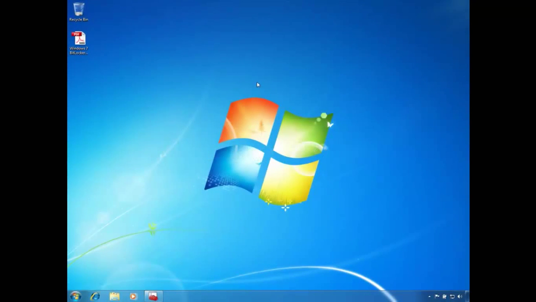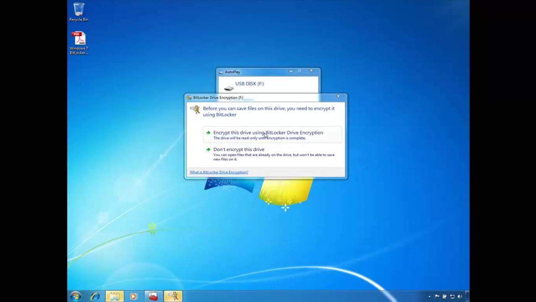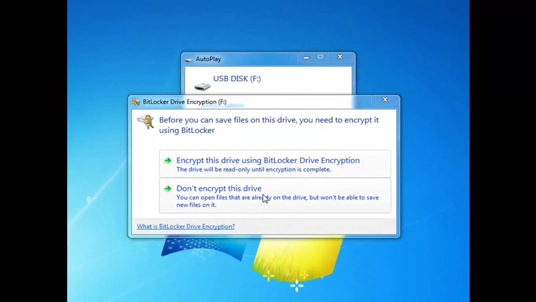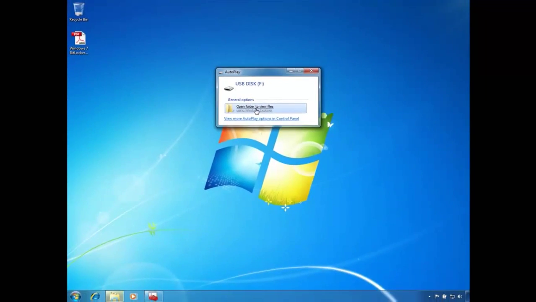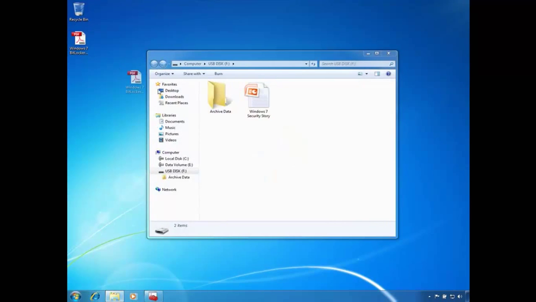Consider a very common scenario. I would like to copy a document that I've been working on to a USB stick so I can continue working on it from home. This document could contain sensitive information about my company and my company's customers. You can see that my IT administrator has used group policy to manage the risk posed by removable storage devices. When I connect my USB stick, I receive a notification saying that I need to encrypt the drive before I can write to it. If I ignore the dialog box, you'll see that I'm unsuccessful at copying my data file